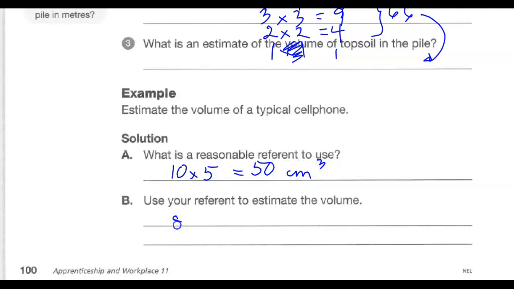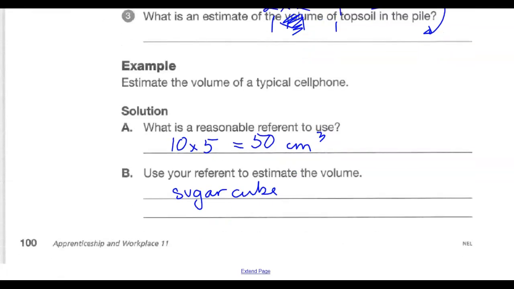And I used a sugar cube, because I know what that is, but maybe there's some types of candies or maybe even certain sticks of gum that you might use, you kind of have to know what the measurements are for those though. In any case, reference is all about using something that you know the approximate length of. Okay, so there's just a few questions for you to practice in this